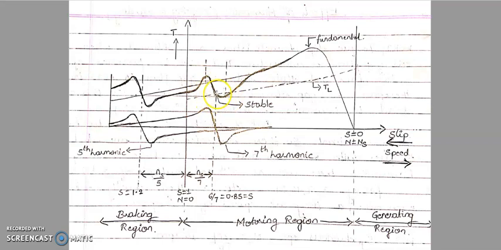Now you can see at this particular point my actual torque and load torque are coinciding with each other. They are cutting each other at this point, and this point is called what? Operating point or stable point. And this point to this point is the stable region, and this point is called the operating point or stable point. So now my motor will be at this point itself.